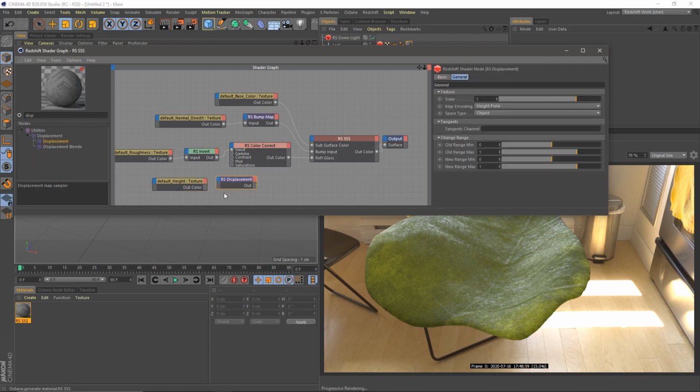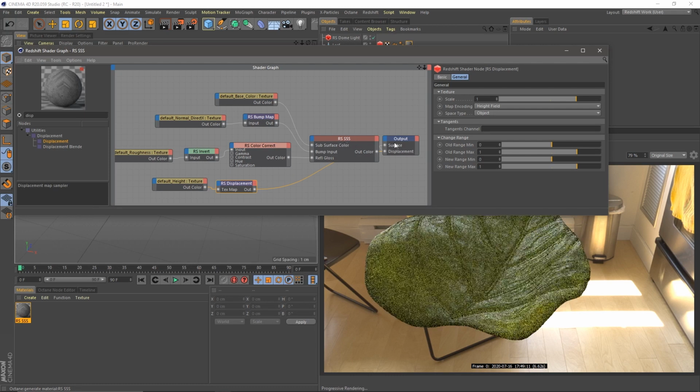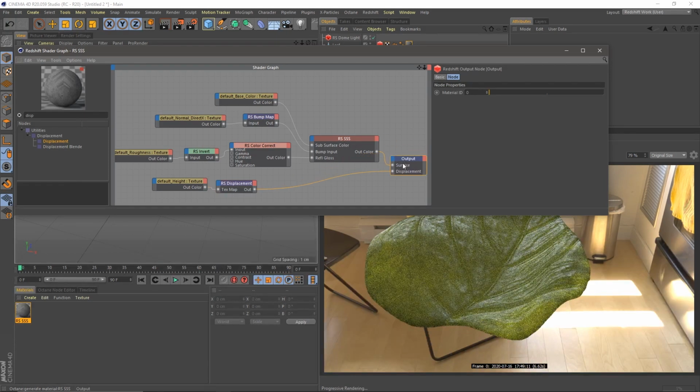Drag in a displacement node, and from the texture I'm going to bring it into the texture map input, and then pump the displacement node into our output node and displacement. So this isn't the Redshift shader node, this is the output node. And so now you can start to see we're getting some of that nice displacement in our leaf from our